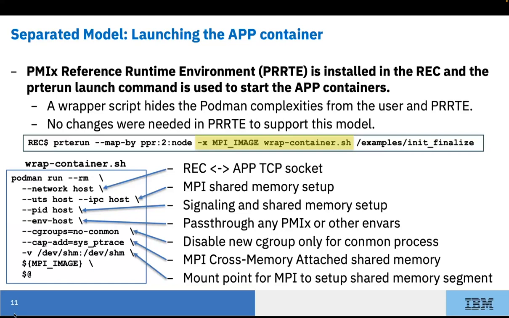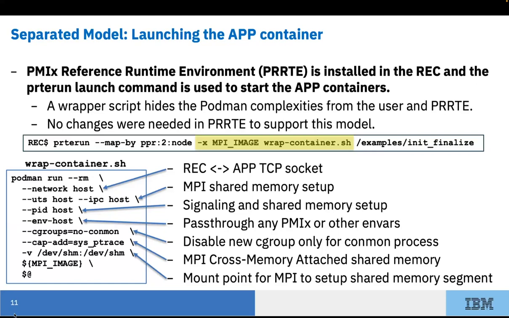Notably next, we have a cap add, so we're adding the SYS_PTRACE capability. This is completely for MPI's use of Cross Memory Attach single-copy shared memory functionality, so fast shared memory. If you don't put it in there, most implementations will test and fall back to a slower shared memory protocol, the double-copy kind of technique that you can do. But if you want performance, which is one thing that we're also focused on here, you'll want to make sure to add this. And then lastly, it's often necessary to define a shared mount volume residing in the REC pod